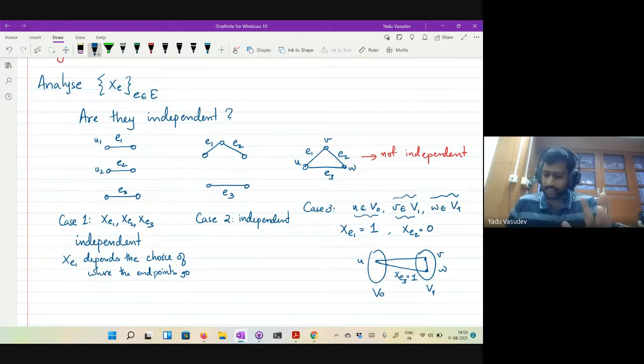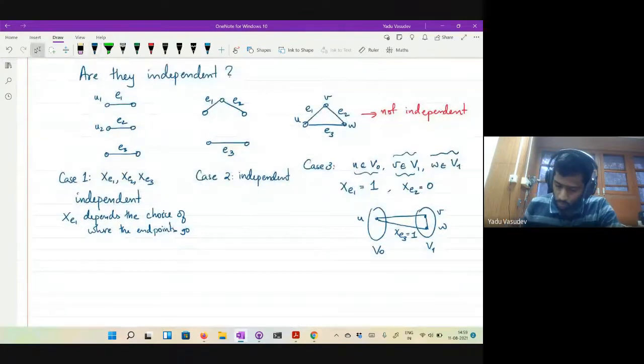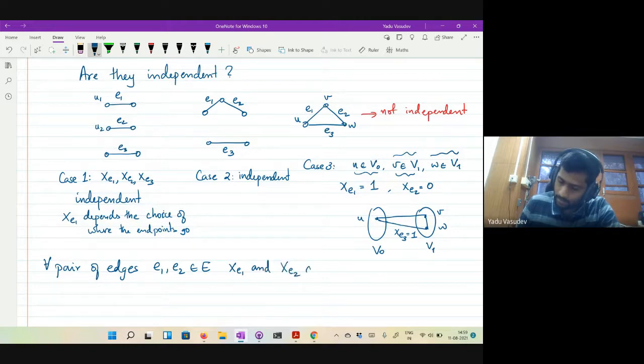Okay, good. So these are independent. So what Srikanth is saying is probably correct, right? And in this particular case, they are also independent. Okay, that's good. So one thing that you can now say here is that for every pair of edges E1 and E2, X E1 and X E2 are independent in particular.